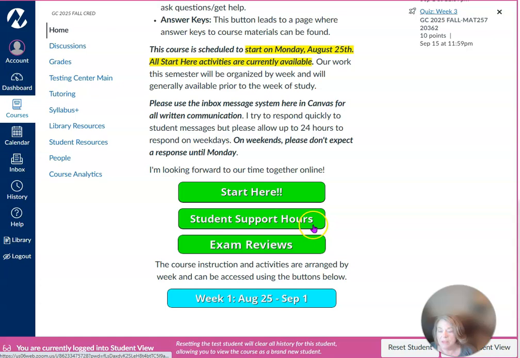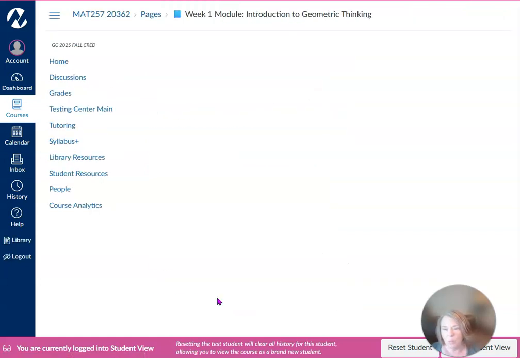So then let's go ahead and take a look at week 1. Now I'm going to tell you that week 1 is going to be different than all of the subsequent weeks. So let's go ahead and take a look, and then I'll give you a quick glimpse of what a subsequent week will look like. So clicking on week 1,